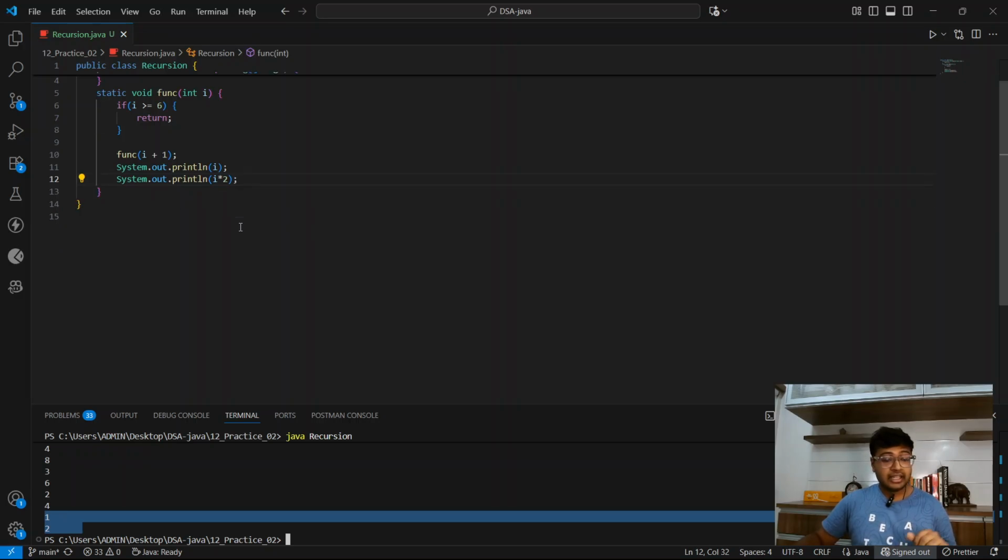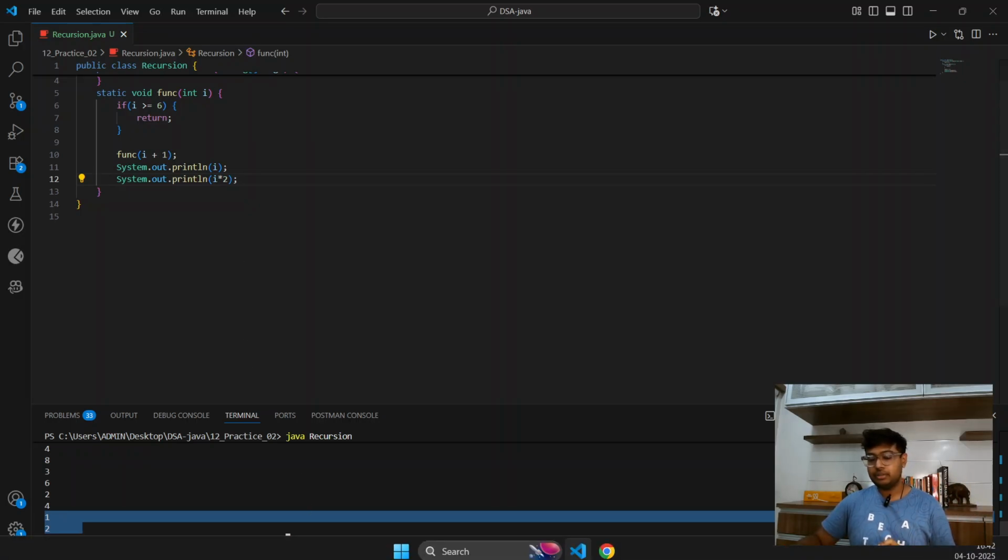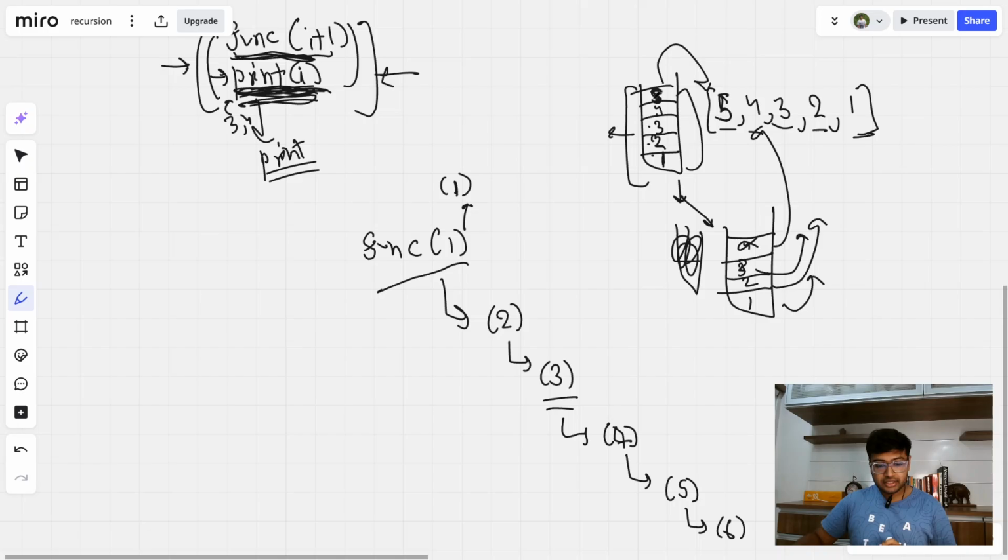Meaning, when it gets stored inside the stack memory as a function call, it gets stored as that function call. It's not the value that we are storing inside the stack, it's the function call for that value. Means for 5 we are storing the function call for 5 over here. This 5 is not a value, it's a function call for 5. When it gets popped out, it gets popped out as the function call for 5. Means all the things that are after this recursion